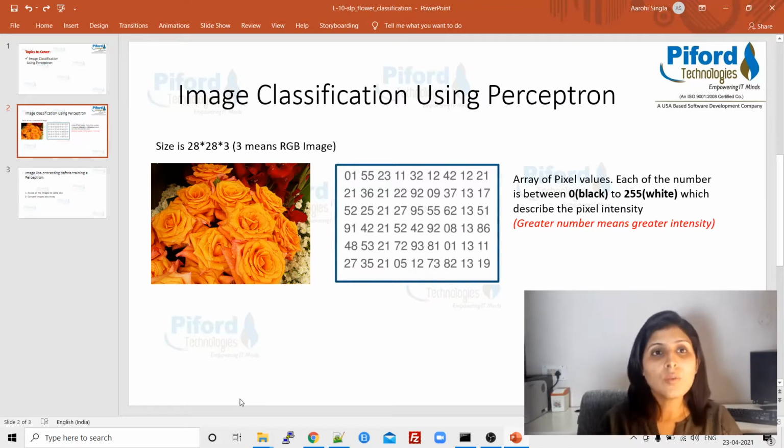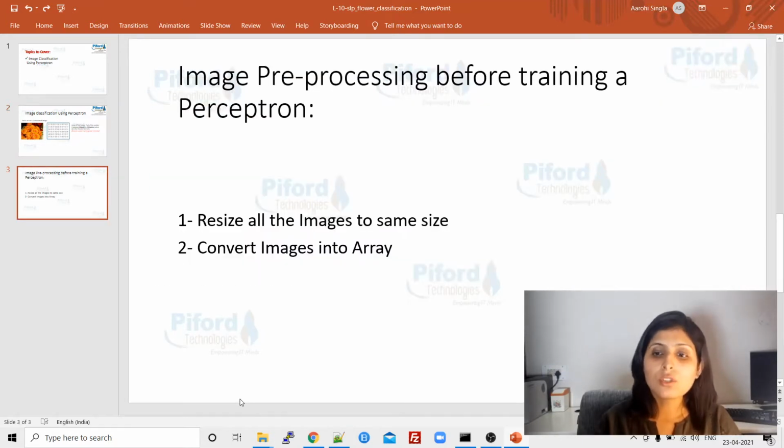So guys, whenever you want to work on images, we need to perform some kind of image pre-processing, data pre-processing, before running an algorithm on it, right? So first of all, always remember you need to resize all your images to one size. Whenever you are working on an image dataset, all the images in your dataset should be of the same size, and if they are not of the same size, then you have to write code by which you can resize all the images. Okay, I'll show you how to do this in today's class.